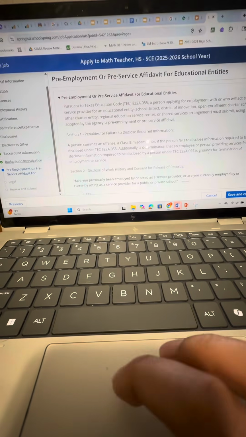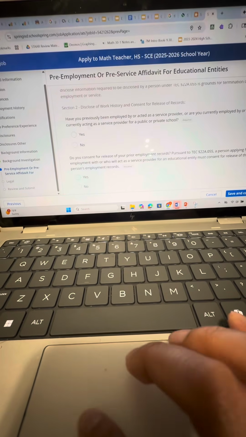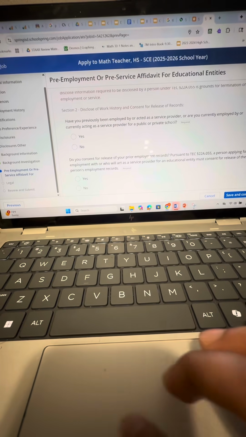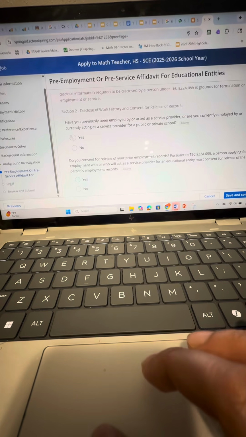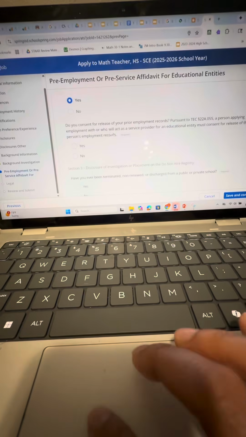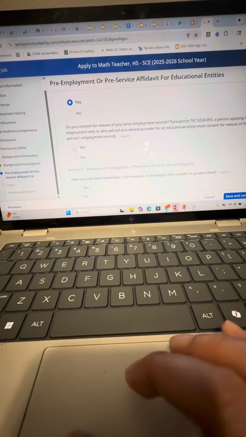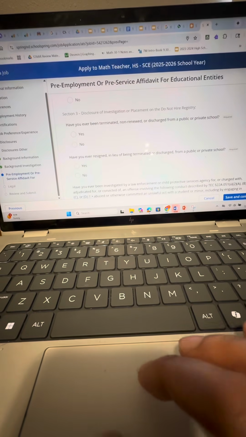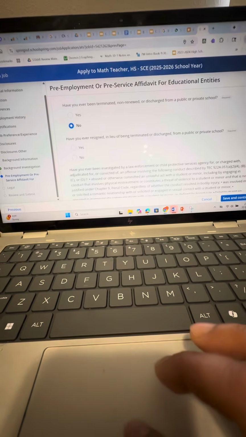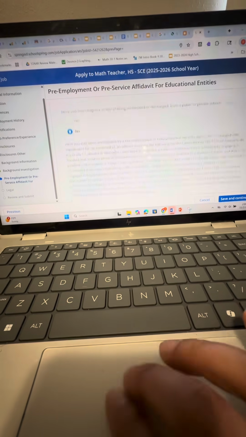Okay. And then, pre-employment affidavit. Have you previously been employed or currently employed by a public school? Yes. Do you consent for release of your prior employment records? Yes. Have you ever been terminated? No. Have you ever been